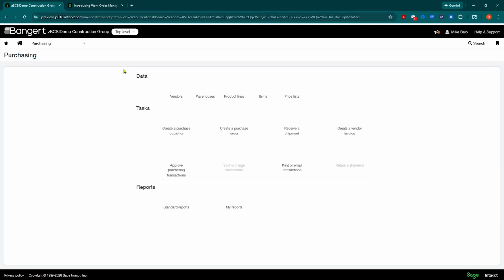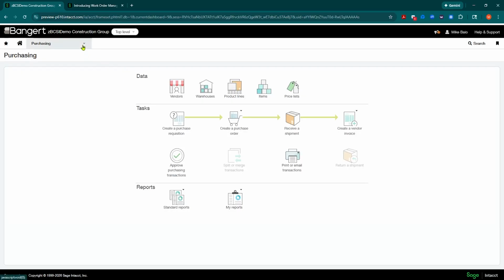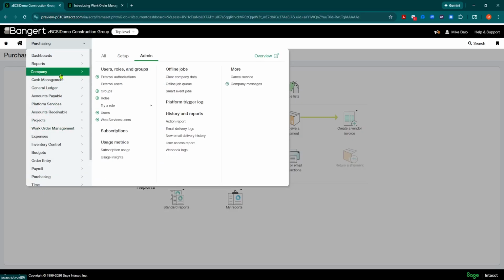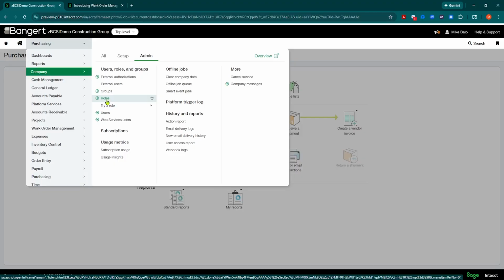So once that is configured, you're ready to start setting up your work order management, and you should see a new menu item for that on your screen. See here, I have work order management. Now, chances are you probably won't see it off the bat. And what that typically means is you need to assign security to this new section. So before you try and go into it, make sure, number one, if you can't see this, you probably don't have security, talk to your admin, whoever assigns security, and make sure that the roles that are needed to be set up are set up and configured for work order management.